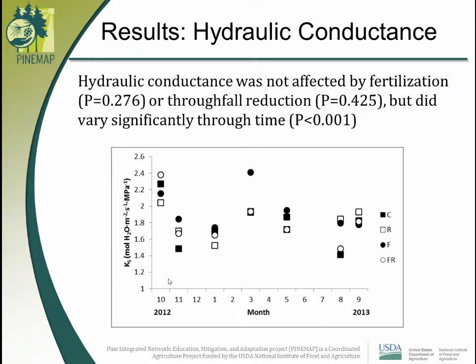We looked at hydraulic conductance, which is a measure of the ease with which water is pulled through the xylem. There was no difference among any treatments in hydraulic conductance. You can see Max did this measurement at multiple times through about a 1.5 year period. And while hydraulic conductance did vary over time, there was no significant effect of either the fertilizer or through-fall reduction